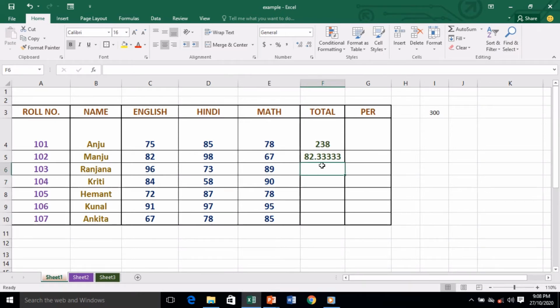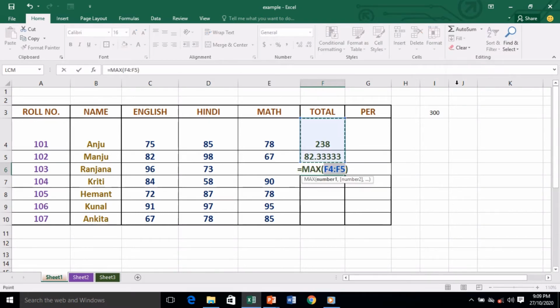The next example is max. Now we want the max here. Max means maximum. Out of these three, 96, 73 and 89, which is the maximum value, the highest value? To find it, we'll click here because we want the output in this cell. Then we'll go back to the drop down arrow and choose max.